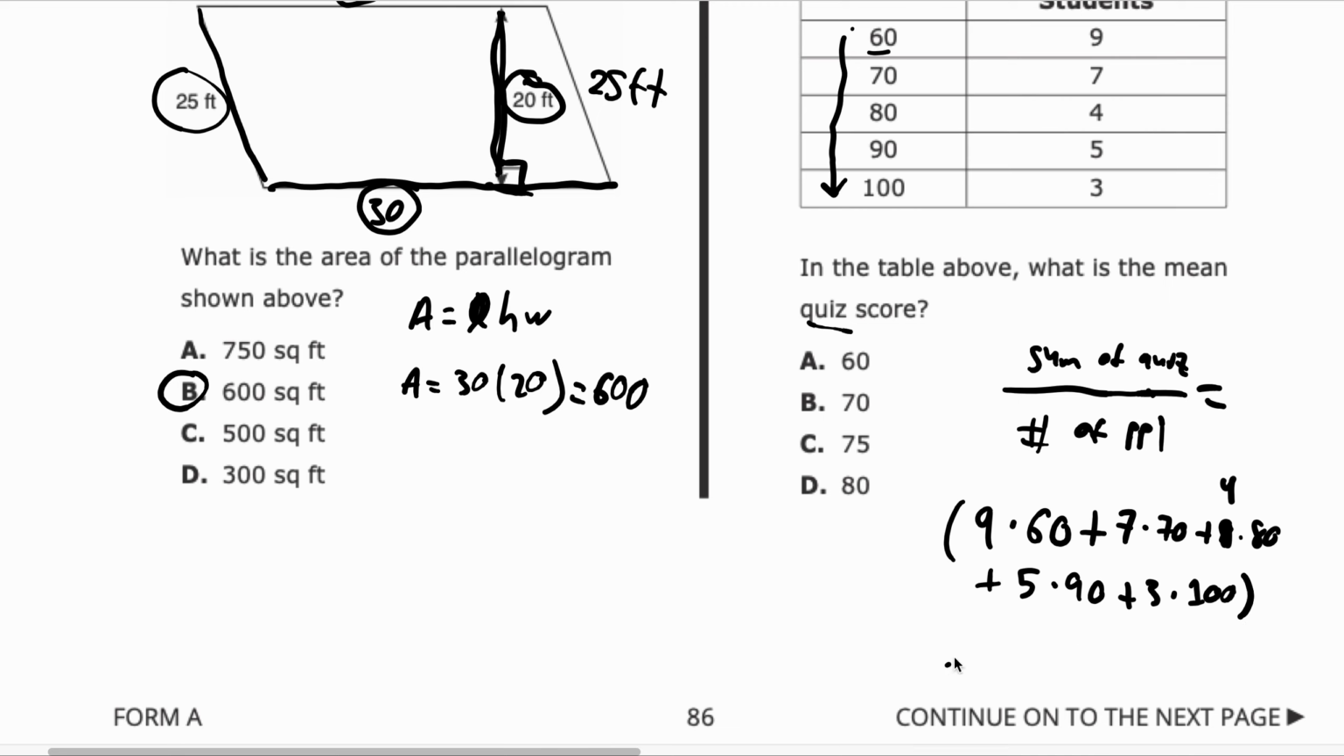And then we can divide by the total number of students, right? So that would just be 9 plus 7 plus 4 plus 5 plus 3. And then it would just be basically arithmetic, right? So just compute this division. And I think what you would get is,